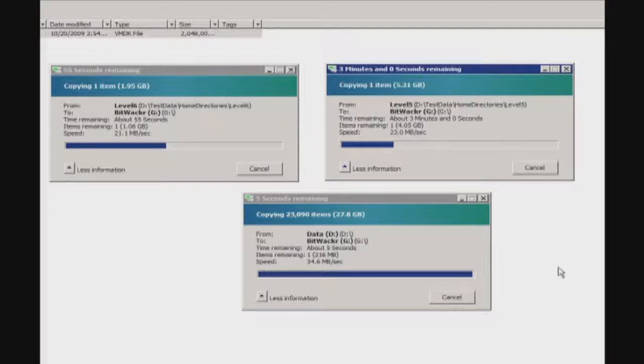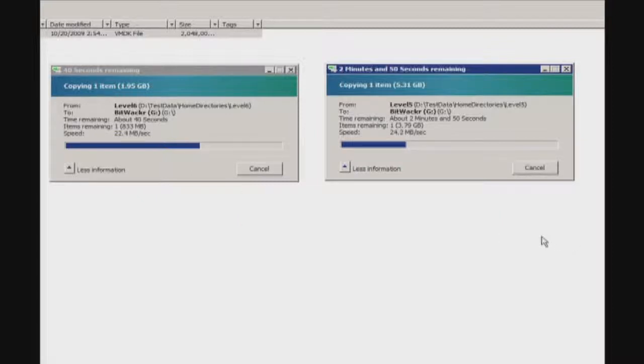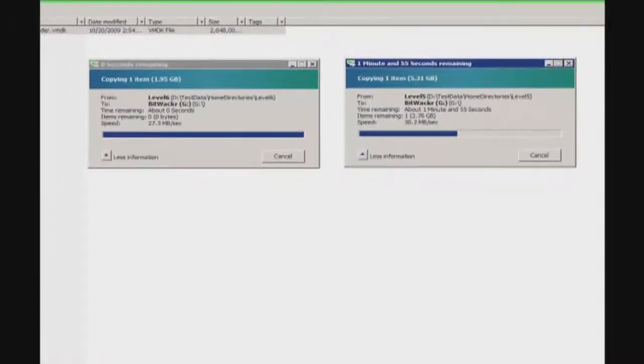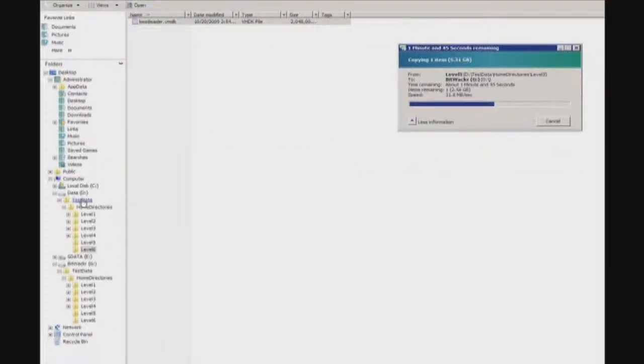And what we're going to do following that is to check the directory contents and check the byte counts and check the folder counts and the file counts. And we're going to make sure that what we started with is what we ended up with on the BitWackr data reduce drive. So if I take a look at the test data folder on the D drive, which is the source drive, and I right click on that and I check its properties,